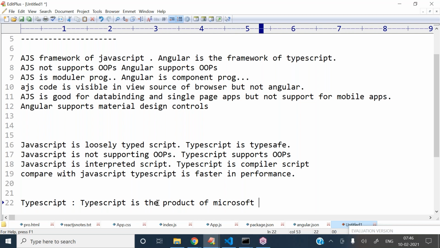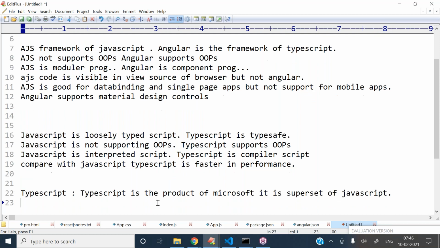Microsoft. It is a superset of JavaScript, meaning it supports all features of JavaScript. Along with those features, it supports some additional features. That's why we call it a superset of JavaScript.